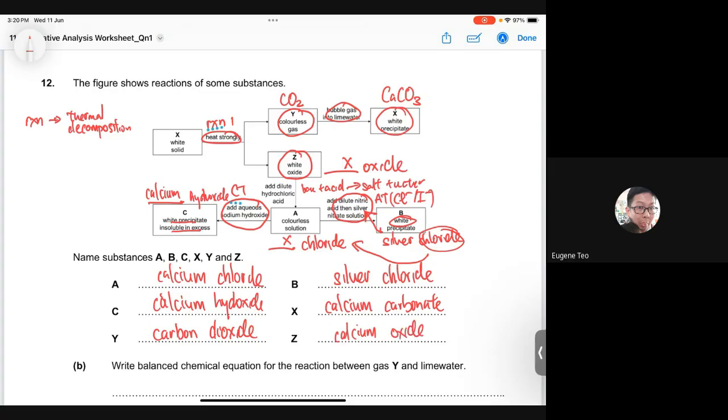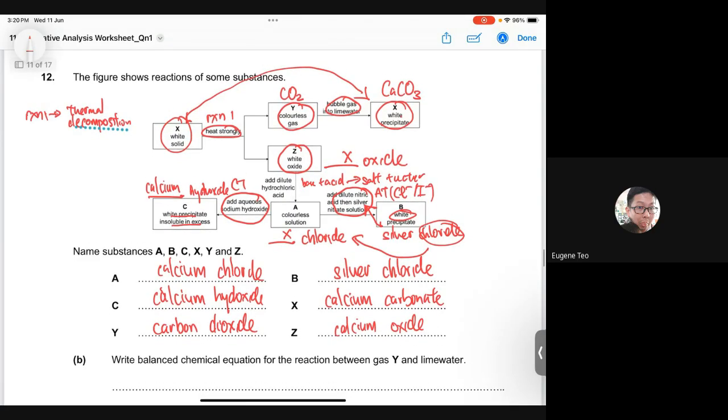So you realize, after I do this, that these 2 things are the same thing. So actually, right from the start, if you figure this out properly, you would have known that X is calcium carbonate. So what is this heating strongly here? Reaction 1, which is thermal decomposition, right? What's actually happening is your calcium carbonate, when you heat it up, this triangle means heating, you're going to get calcium oxide plus carbon dioxide gas. So you can see how the carbonate breaks down. This is the chemistry behind heating of your carbonates. The carbonates break down into carbon dioxide gas and